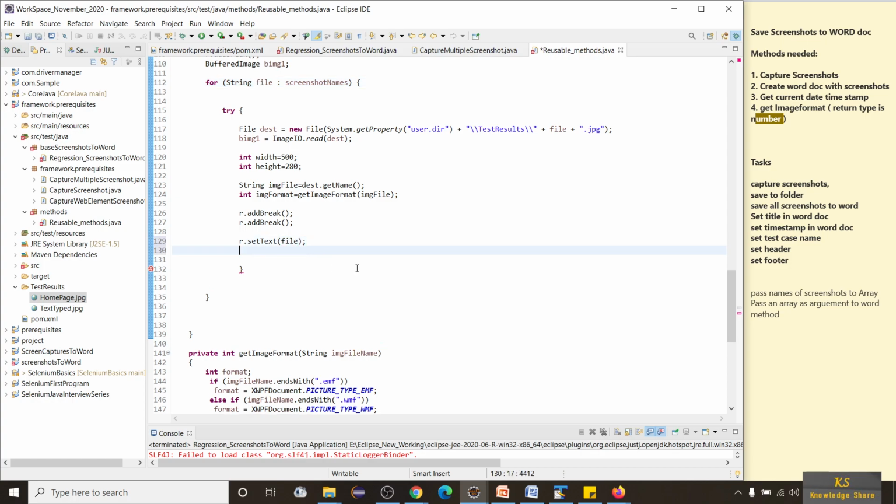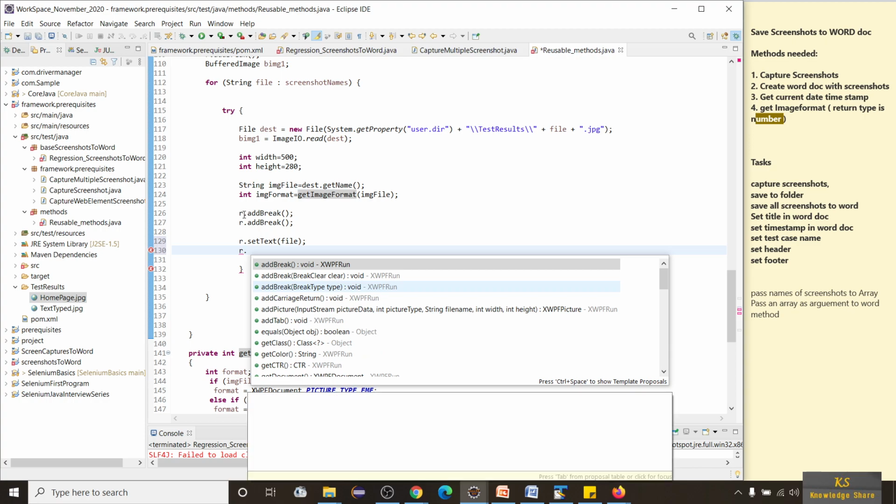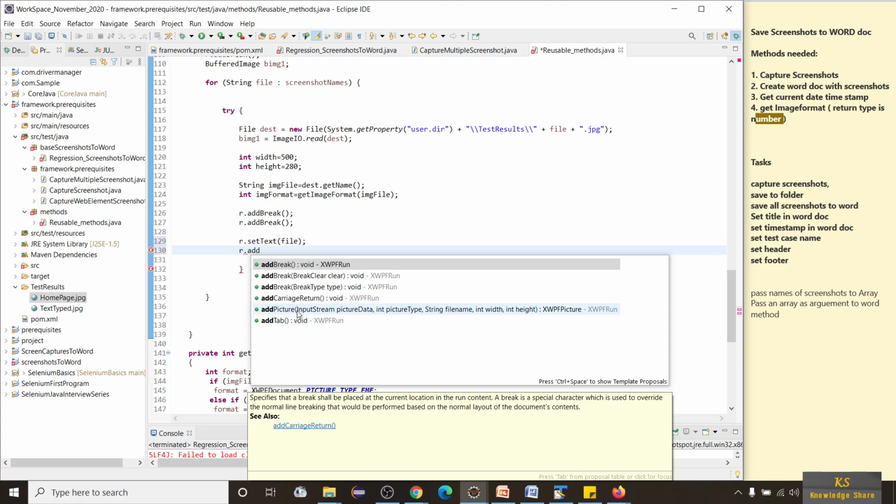Now you will understand clearly why this get format method is used. R dot, as I said, this XWPFRun is mostly used for alignments, colors and everything. It is also used for putting a picture. You can see one method here, addPicture, and you can see InputStream pictureData, int pictureType, String fileName, width, height. All these parameters need to be passed. You can see it specifies that a break shall be placed at the current location, run content. Sorry, it's a break, right?